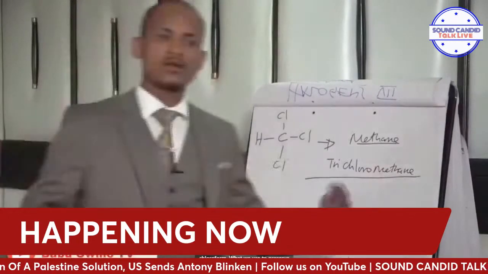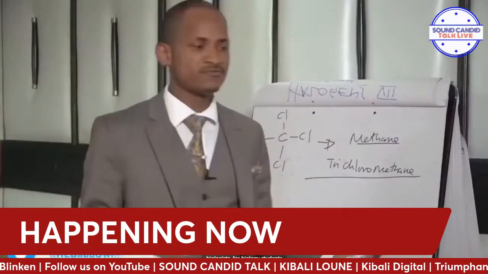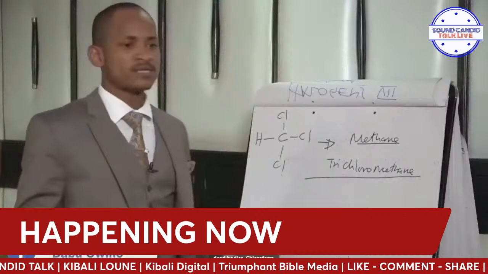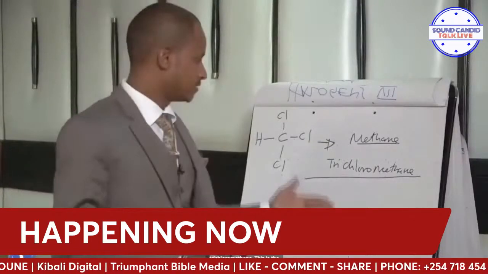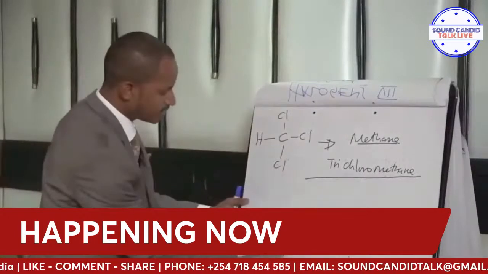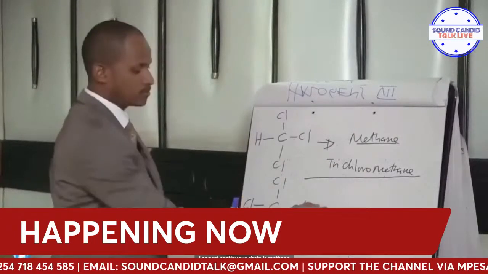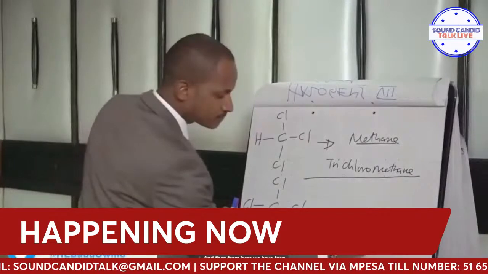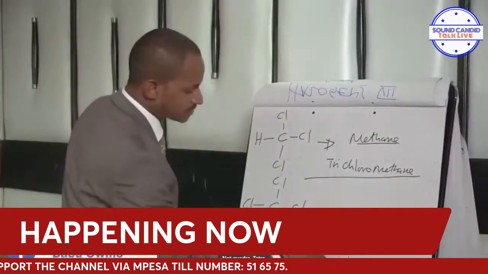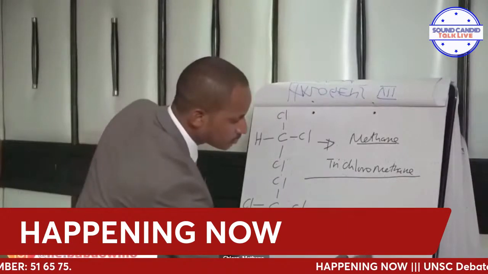Trichloromethane is the chloroform, what we use to preserve specimen in the laboratory for biology students, and we also use it to preserve dead bodies. Chloroform, trichloromethane, this is the formula. Now the last example we have, longest continuous chain is methane, and then from here we have 4 chlorines, which makes it tetra, not quadra. Tetrachloromethane.